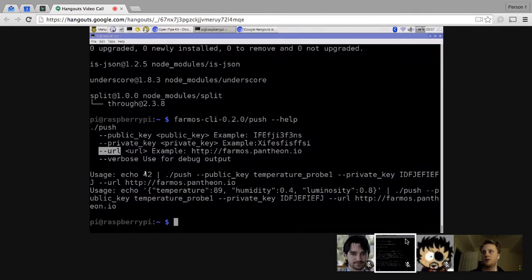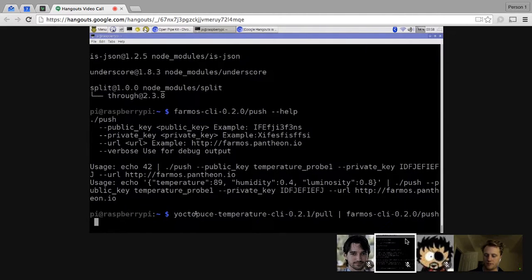So this is an example of echoing the value 42 to the push of public key something, private key something, URL something. So I'm going to do that here, except instead of saying echo 42, I'm going to say Yocto pull. That gets our value. And I'm going to pipe that to our farmOS push with the URL of https tuckaway.farmos.net,